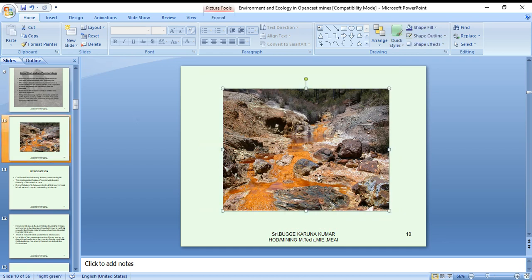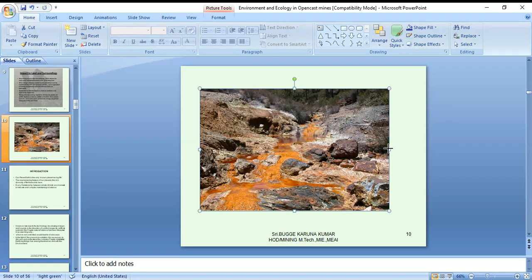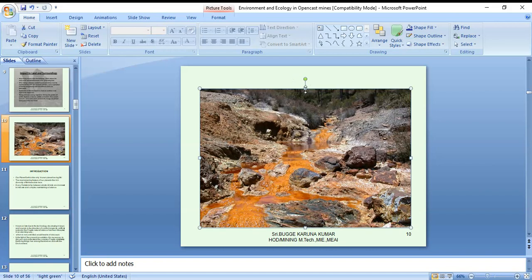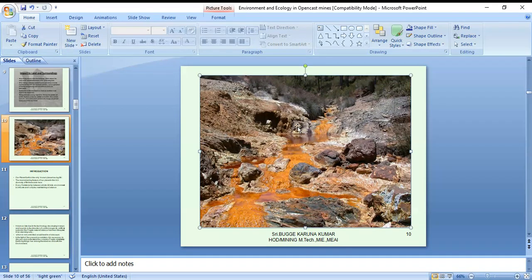So this is one example of the acid drainage system. Most of the people are not aware of this. Even coal mines also, some significant coal is in Mangur, Kondapur area. This type of environment can be seen. What does acid drainage mean? Any pyrite nature, iron pyrite in the coal, if the water comes in contact with it, that water will turn to a ferric nature. The pH value is low. It will be almost like lemon water pH value.